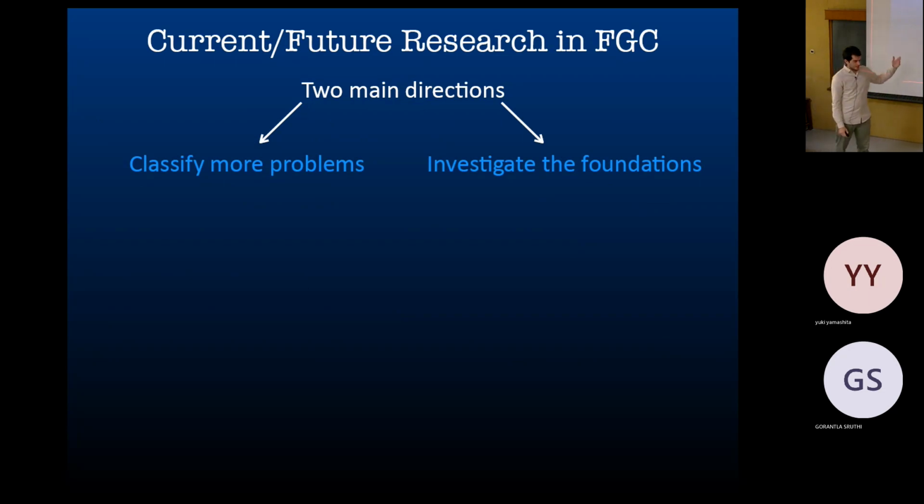Now, in terms of current research on this topic, I want to classify it into two directions. There's of course the direction of proving more and more results: problems where you don't have tight bounds, and we try to classify them, proving better lower bounds or maybe upper bounds. And then there's the other direction, which tries to understand the foundations, like the conjectures. How are they related? Are there problems that are in the intersection, and so on.